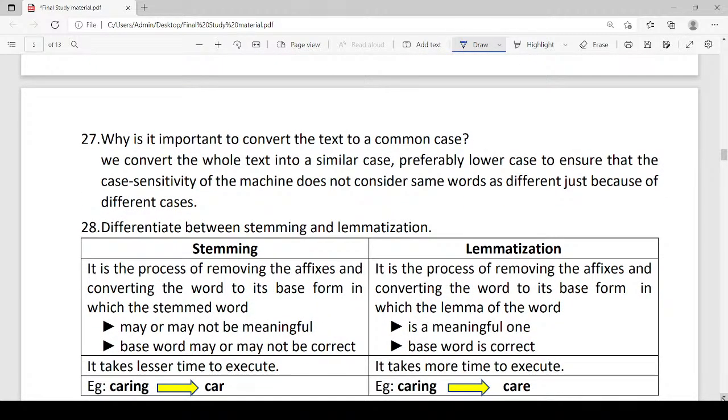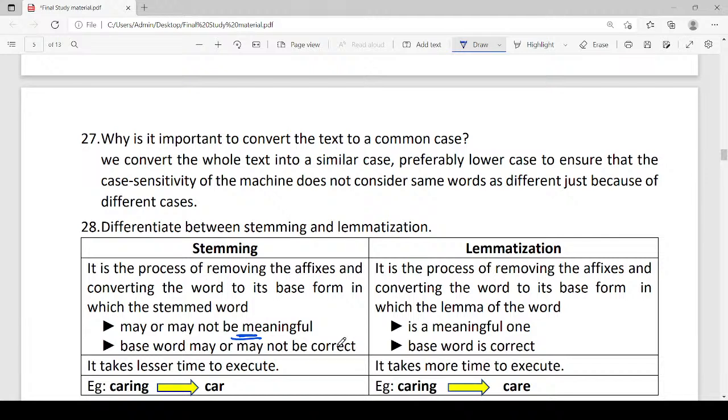Now stemming is the process of removing the affixes and converting the word to its base form. Now this word may or may not be meaningful. The base word may be correct, may not be correct. But in case of lemmatization, it is removing the affixes and converting it to the base form, which is the lemma of the word, and that's always a meaningful word, and the base word is correct. I'm sure all of you are giving answers. I'm going through the answers here. Perfect. So lemmatization gives